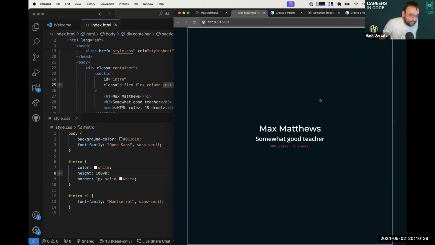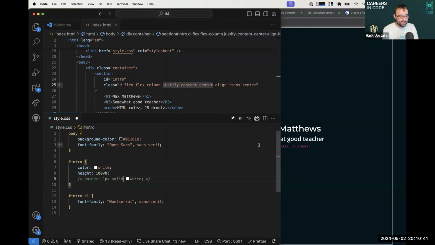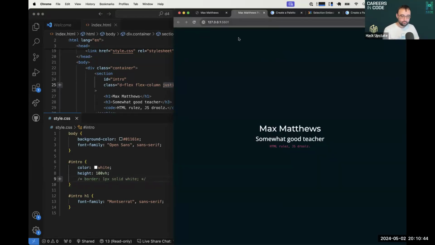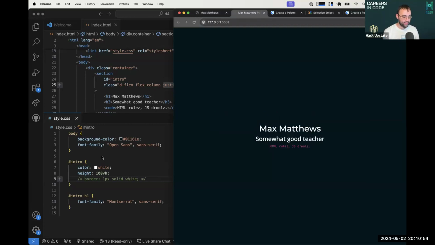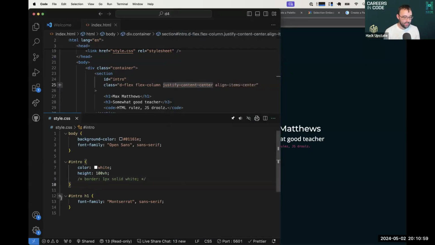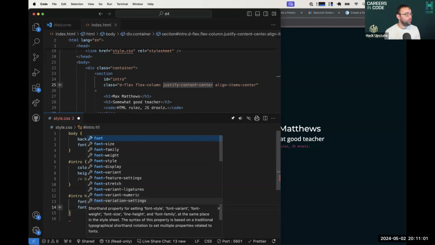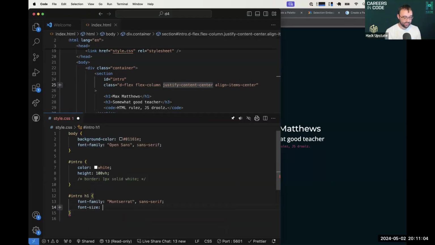Okay, I'm going to comment out my border here just because we were using that to visualize. I will save. I'm going to come back to my design, and obviously it is quite different. So most of that comes down to size, and I can target that in my CSS. So in my CSS, let's say, hey, the intro H1, let's make that huge. Let's make that a font size of 96 pixels. And then for the H3 in the intro,